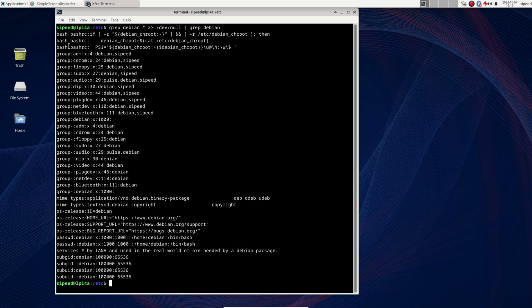Now, this bash run command, this is something I do not want to mess with because it's using Debian as a system name. So the group file has Debian in it. The group backup file has Debian in it, but I'm not going to mess with it. So write these down. I want to modify group. I don't want to touch MIME types or OS release. I want to do the passwd file, and I want to do the subgid